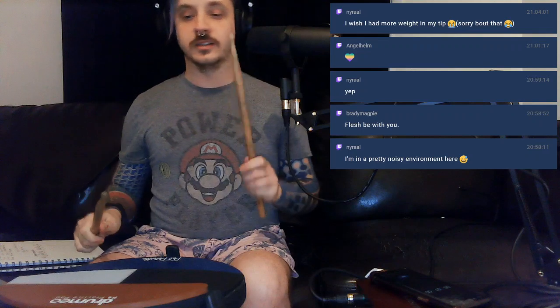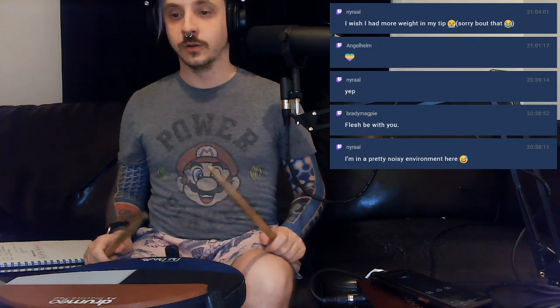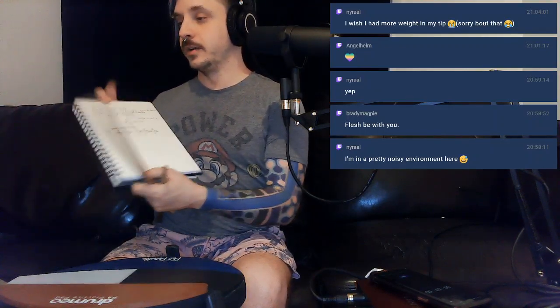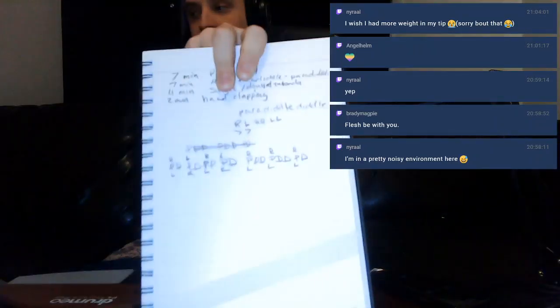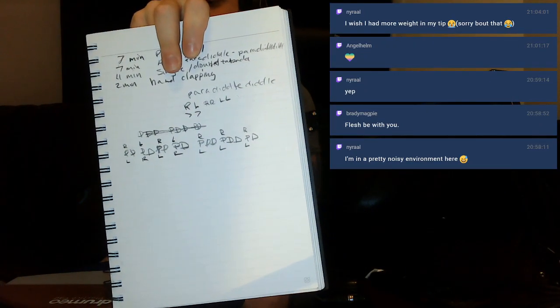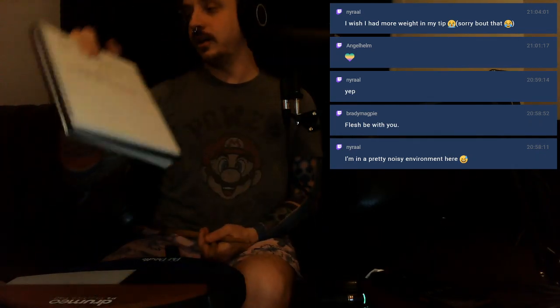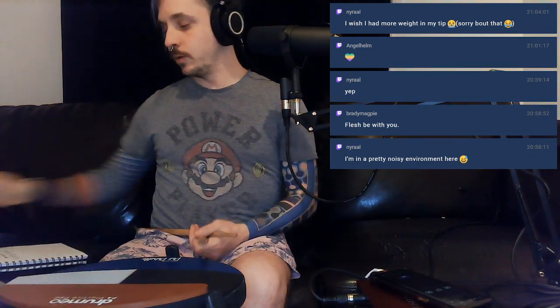All right, so I'm going to go through there. I'm just going to pick probably 80 BPM, trying to stick on the notes, alternating between. I'm keeping track of everything in my head, so I'm not really watching any type of sheet music. The only thing I really have noted down is whether it's a paradiddle, paradiddle, paradiddle, diddle, paradiddle, diddle, paradiddle, with the first note that starts it off.